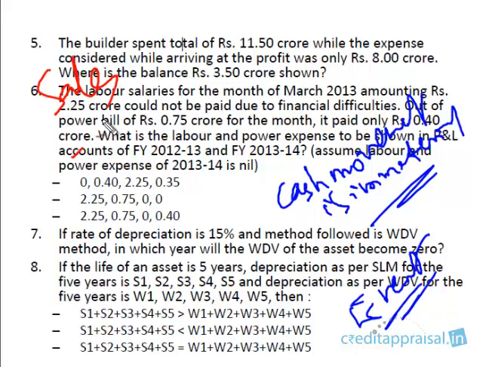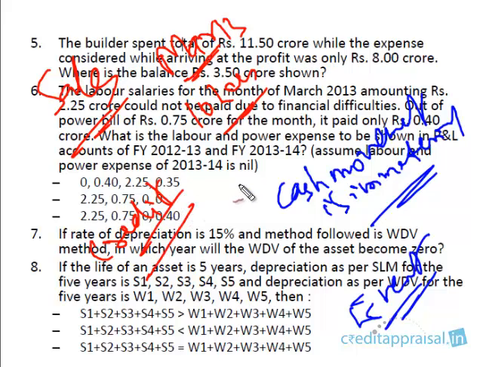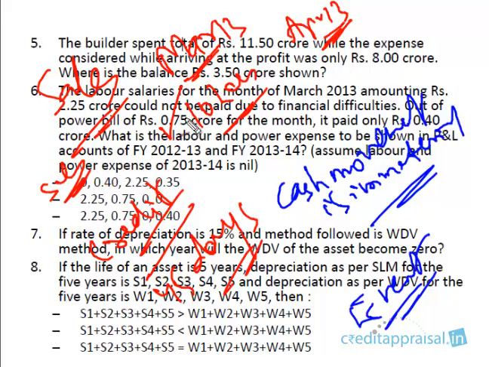Take sales. We said if a company makes a sale in March 2013, say for example a product sold for 10 lakhs, but it sold it on credit. Credit means it did not accept cash right away, so it gave the customer some 45 days or 60 days to pay. So this payment will be received after 45 days, that is in April 2013. So the material was sold for 10 lakhs. The material was dispatched, sent to the customer in March 2013, whereas the payment will be received in April 2013. Then we said, should the sale appear in the year